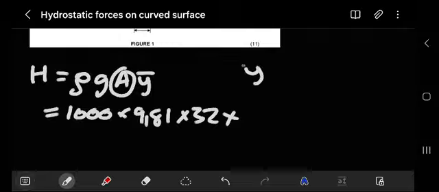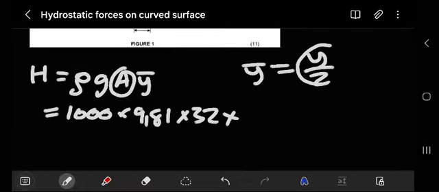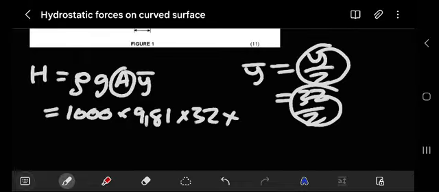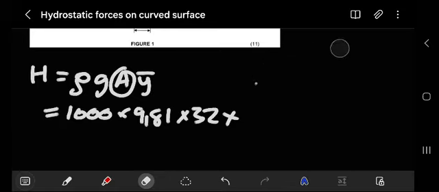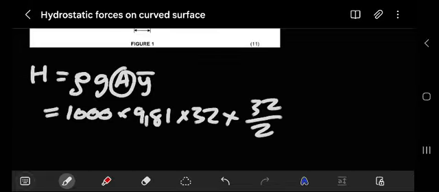Y bar is equal to y divided by 2, and y is 32, so 32 divided by 2. Therefore, our horizontal component will be